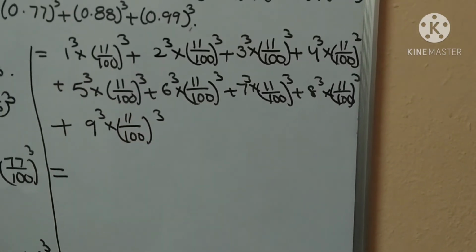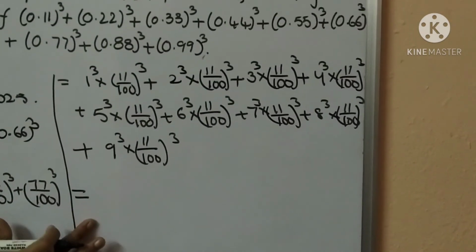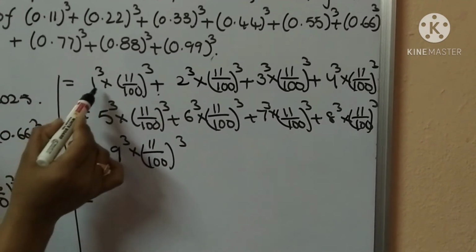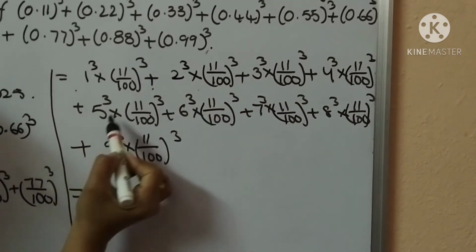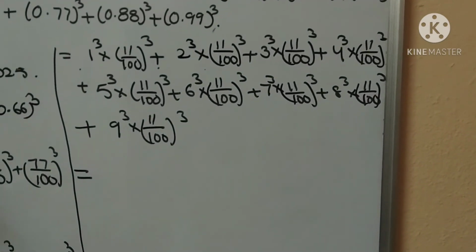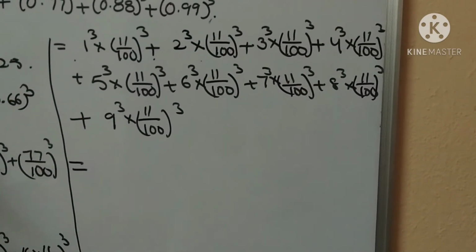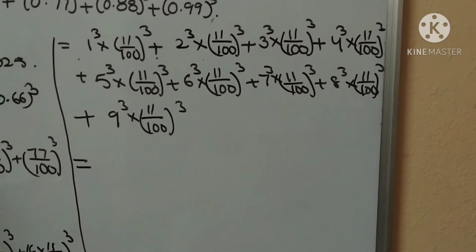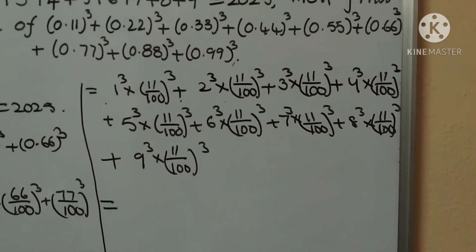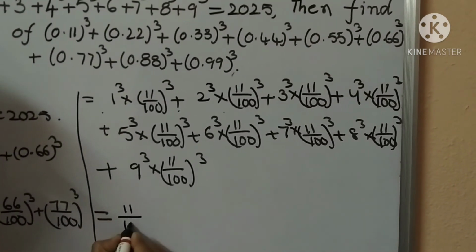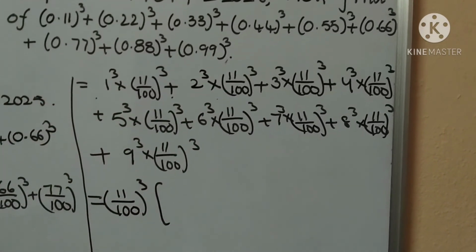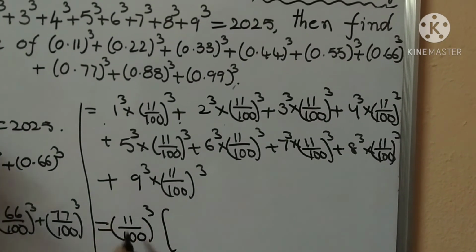Children, once observe this problem. Here, how many terms are there? 1, 2, 3, 4, 5, 6, 7, 8, 9 terms. In these 9 terms, (11 by 100) whole cube is common. Okay, 9 terms having (11 by 100) whole cube in common. So we should write (11 by 100) whole cube as the common factor, into